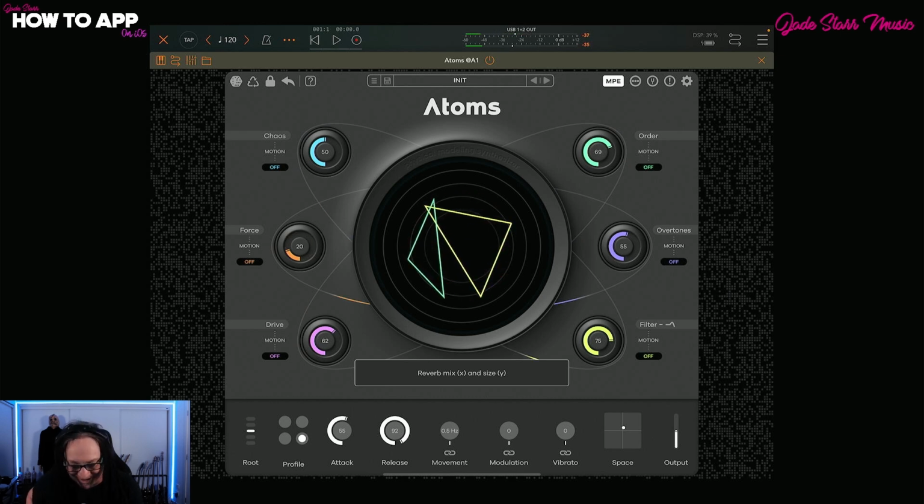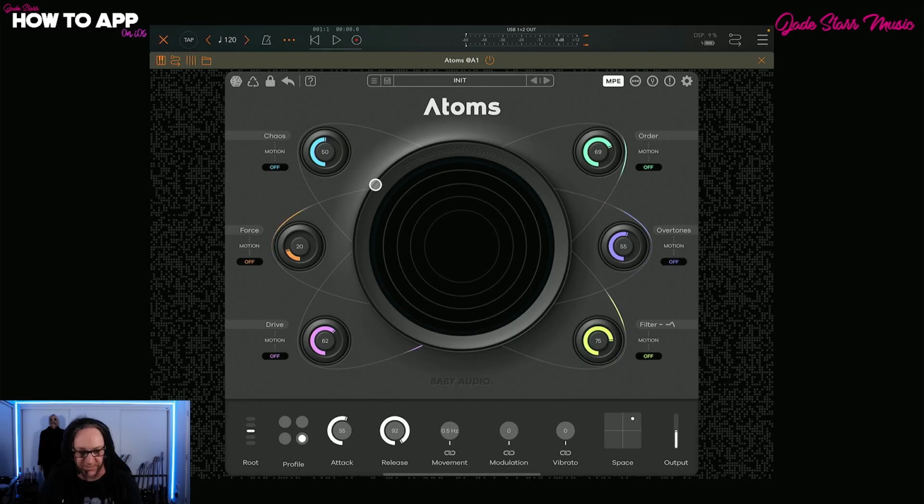It's so wild. I love it. Let's bring up that reverb up here. Let's talk about modulation. To modulate any of this stuff, you can see along here, each one of these,